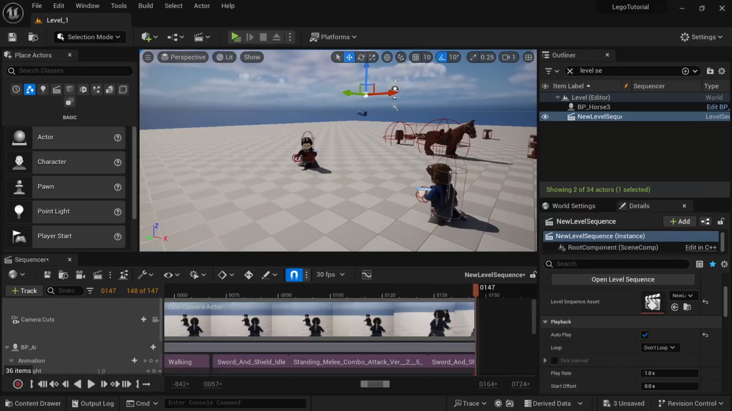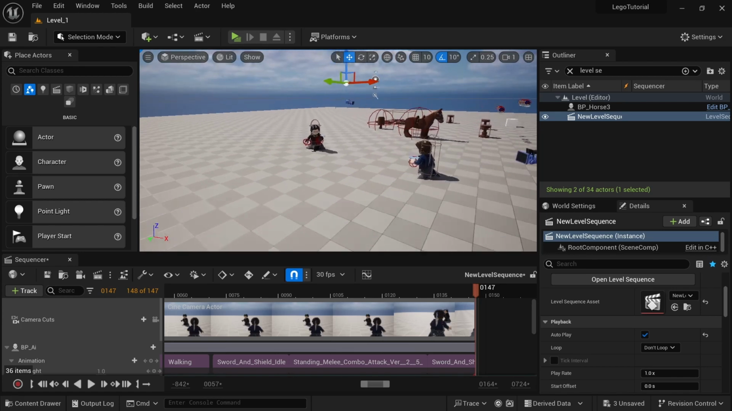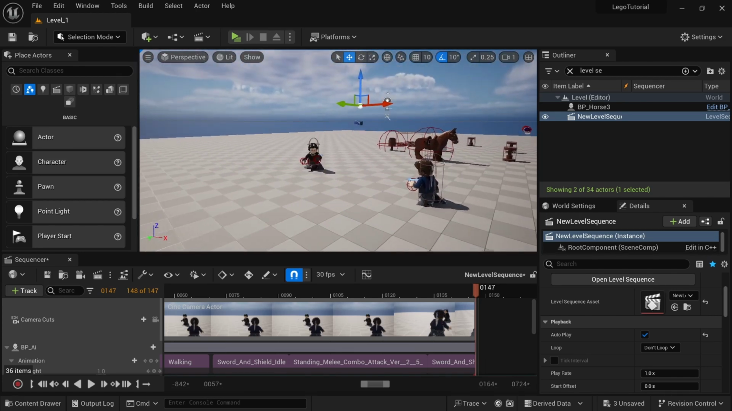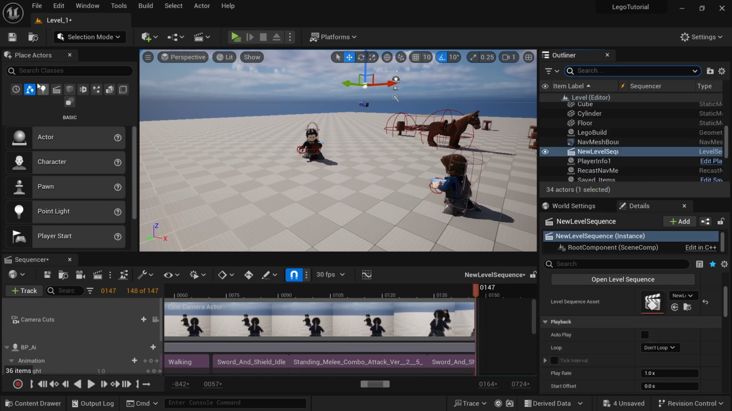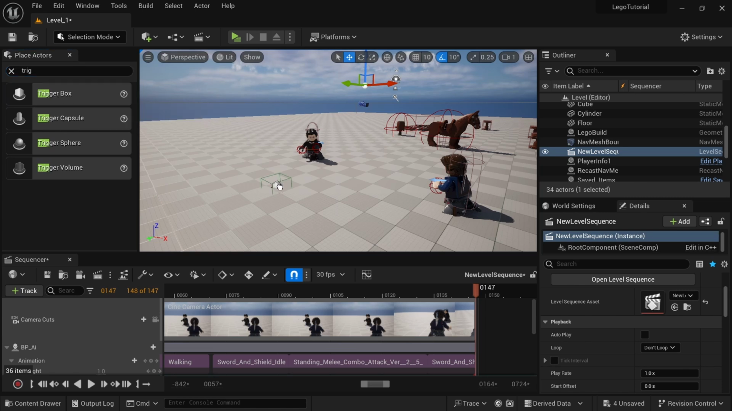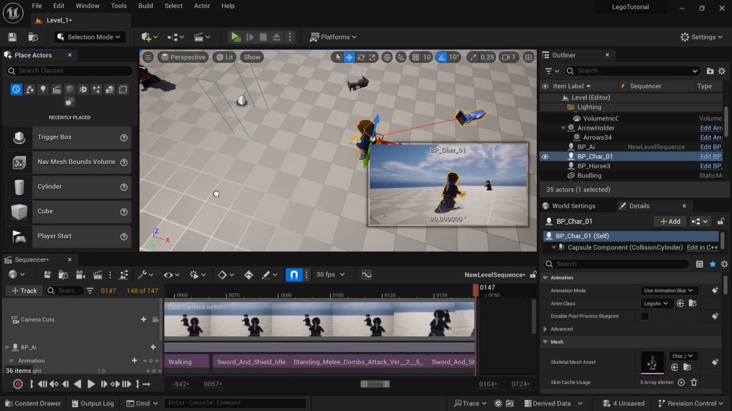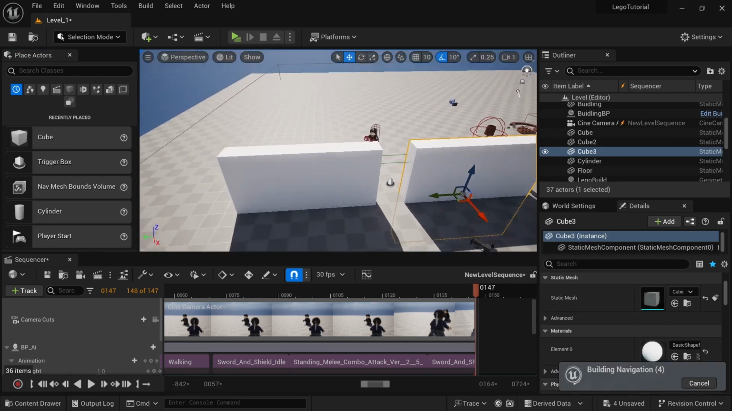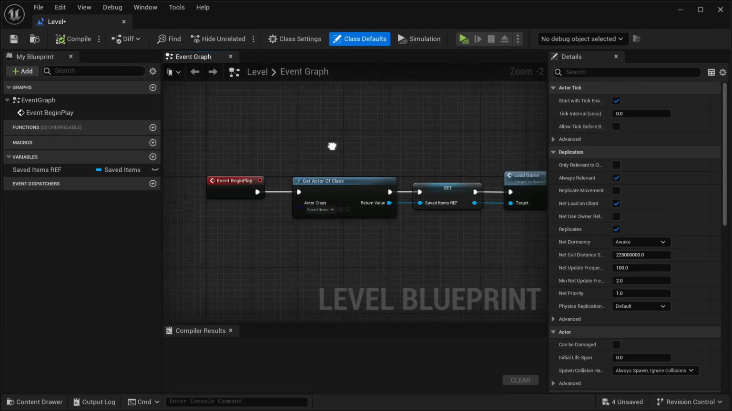So I'm going to show you how to do it if you finish the level and then you want a cutscene, or you have to walk into a certain area to make the cutscene happen. So I'm going to come over here with the level blueprint selected, untick the autoplay, and then I'm going to get a trigger box and then put it right here, and then I'm going to move the guy back, and then I'm going to get some cubes so that way they have to go in through this way, and then I'm going to come up here, open level blueprint, and then I'm going to drag that over here, and then